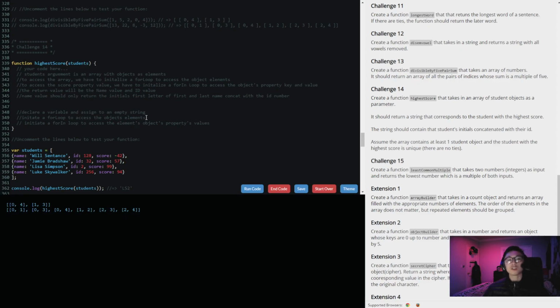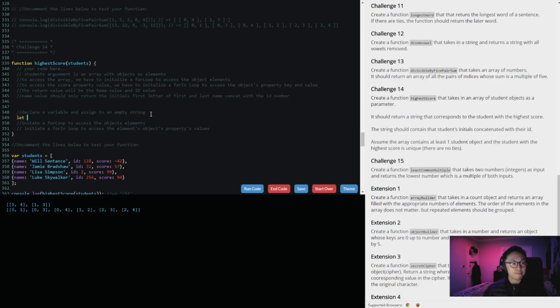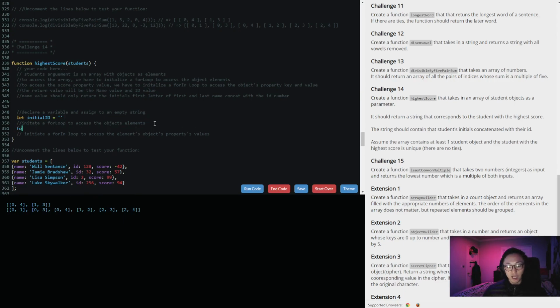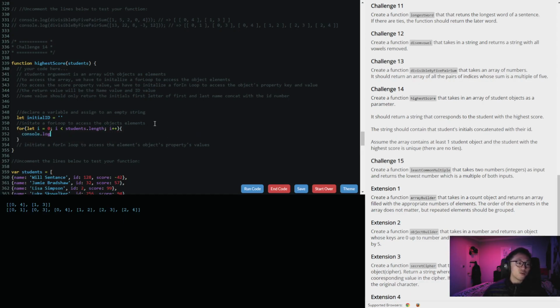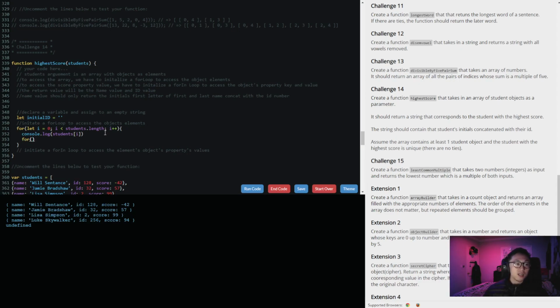So let's start off with this first. Let initial ID equal to, it's going to be assigned to an empty string, right? And now we're going to access the for loop. I could use a for each method, but I want to use a for loop right now because I want to. Just kidding. So to check if what we're doing is correct, if I were to console log this, now we're getting each individual element, which are property values, right? And so what I could do now is do a for let key in